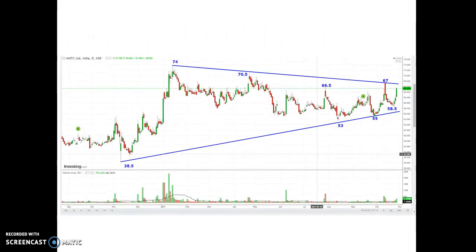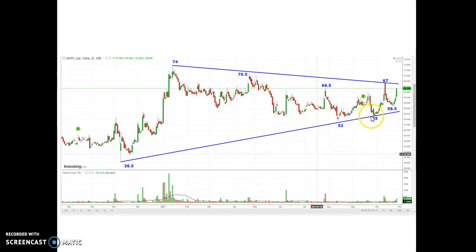Now moving on to the next slide, the MMTC daily chart pattern. The open price is 57.7 and the closing price is 58.05. These levels are the demand levels and this one is the supply level of the stock. I have drawn the upper trend line from level 38, with lower levels at 53, 55 and 58.5. If you observe here, this pattern looks like a W pattern, the English letter W, and the stock has moved from this 74. This is the excess of supply at 70.5,